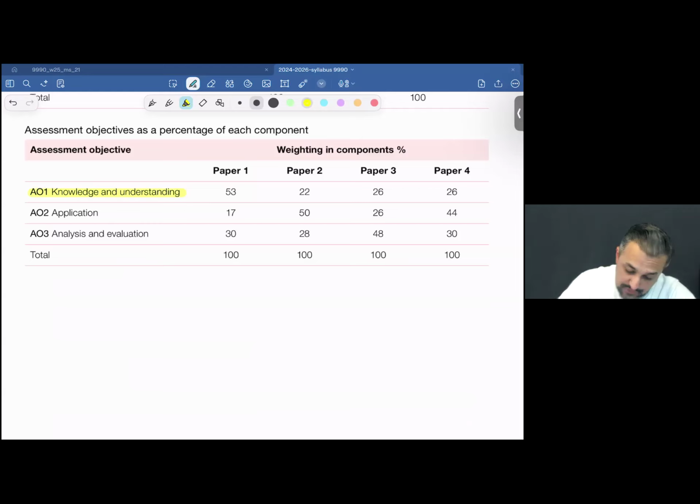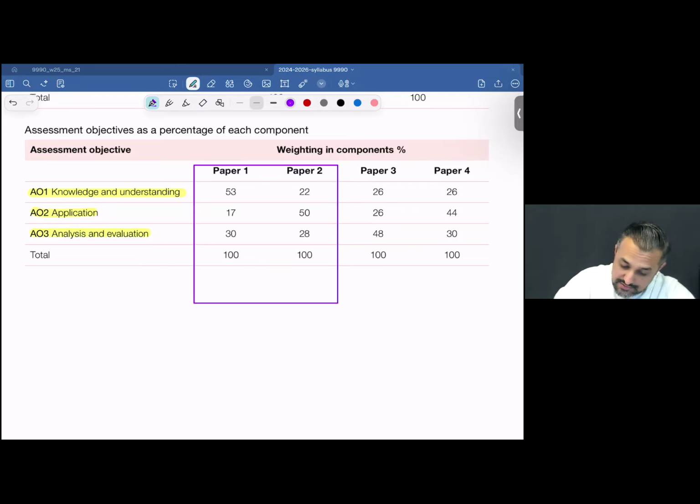What you see in front of you right now is the syllabus. Since we are discussing paper 2, this is AS, right? If you have a closer look at this, you'd see that knowledge and understanding has to do with rote learning, which has more to do with the learning part. For this you have to focus more on paper 1, okay?